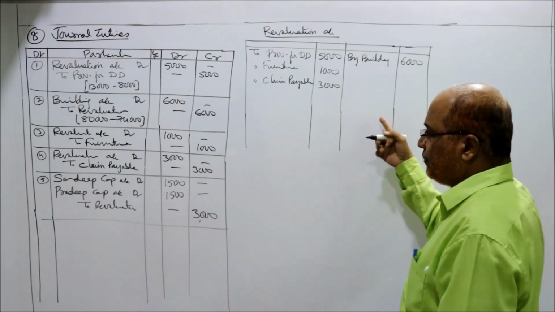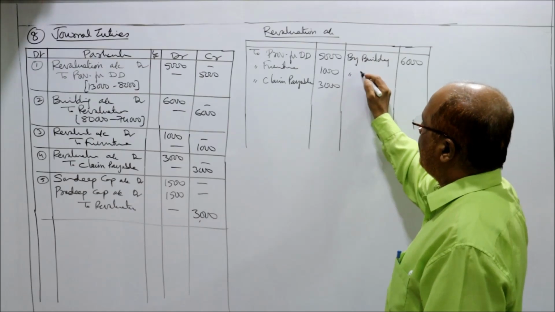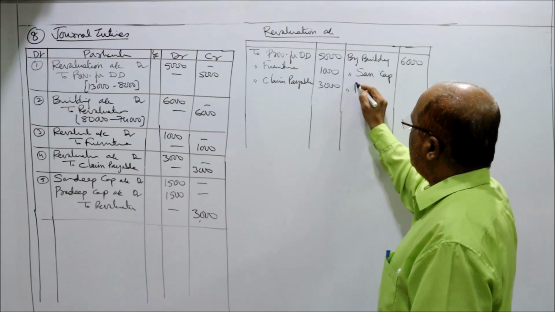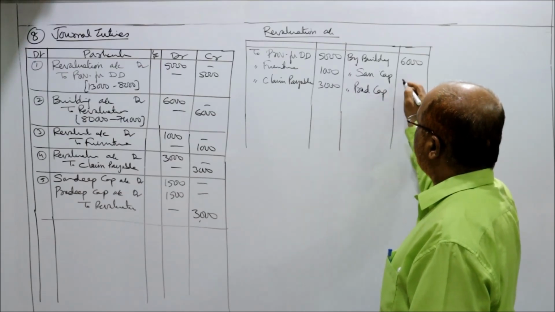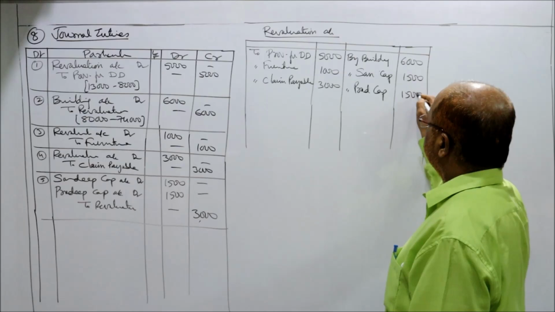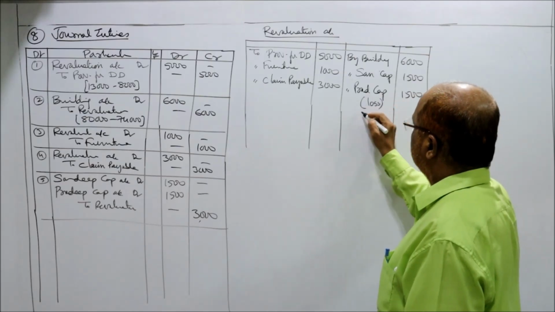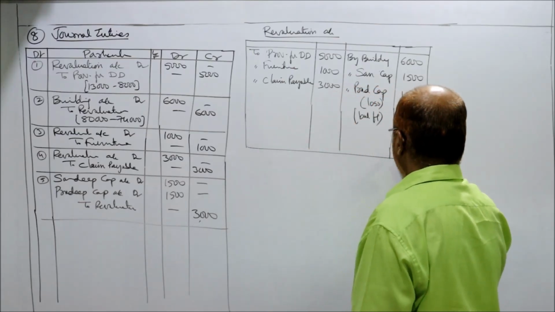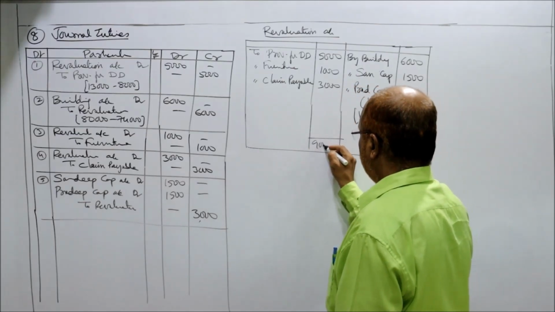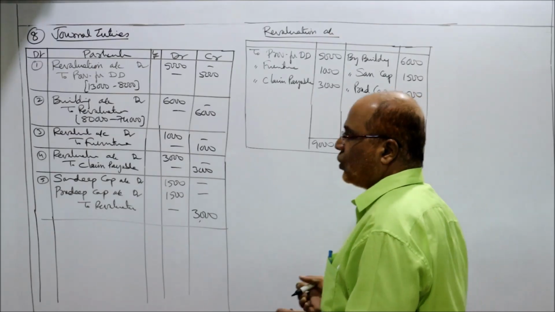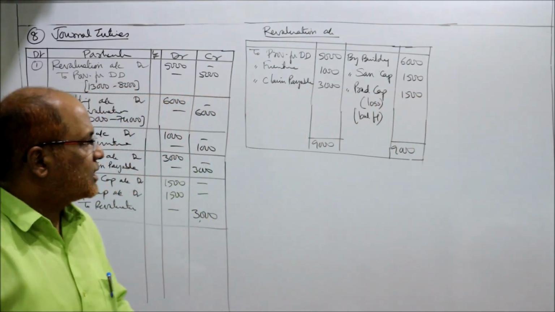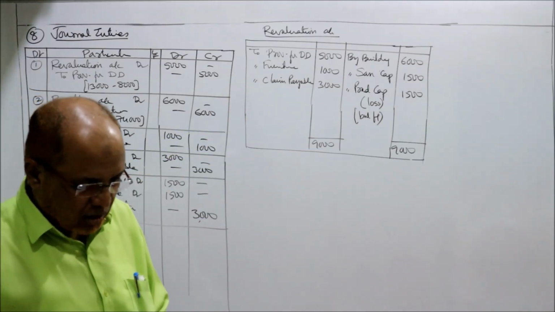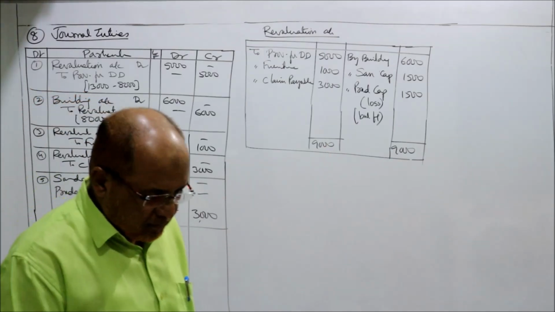Now post this entry. Revaluation account credit side by Sandeep capital, by Pradeep capital. So only there is a loss. कितना loss हुआ? 1500 rupees का loss हो गया. No other profit, no other loss is there except this loss. Now we are required to prepare